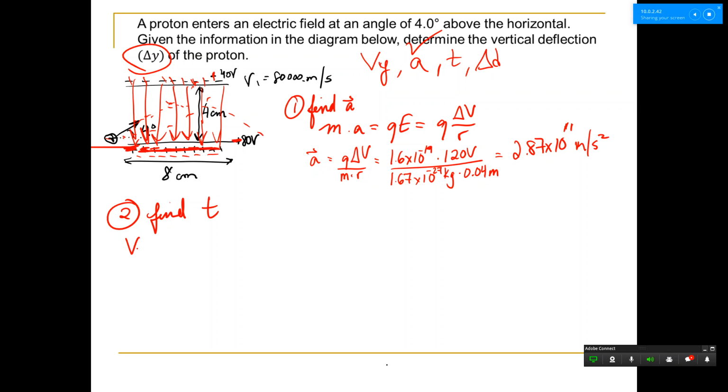So vi cos theta is equal to delta dx over delta t, right? So that means that 80,000 cosine of 4 degrees is equal to 0.08 meters over t, and delta t is therefore equal to